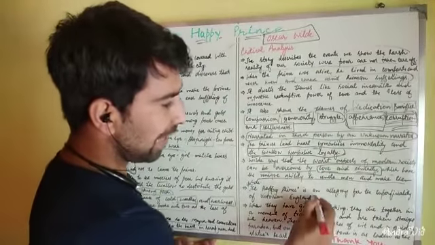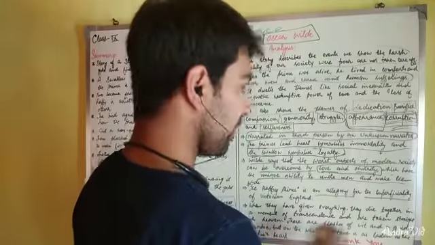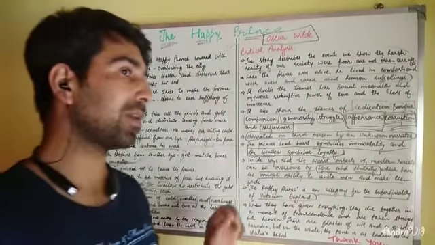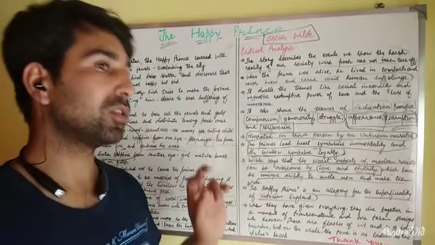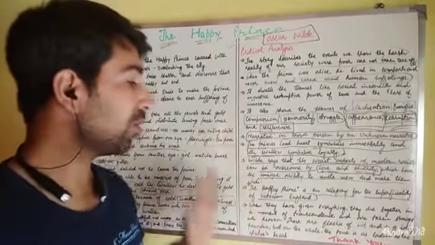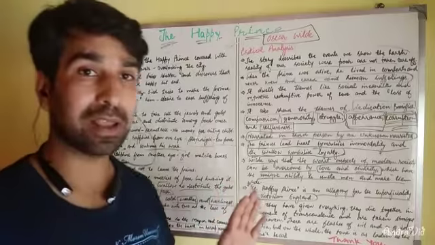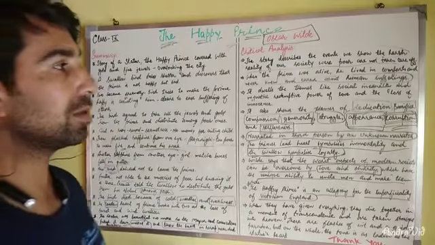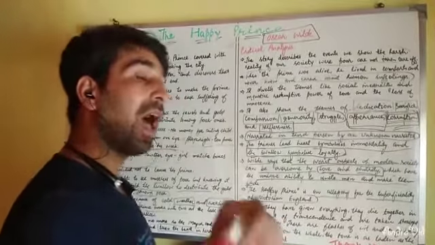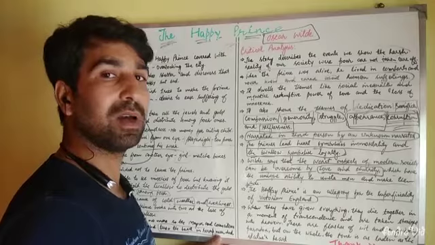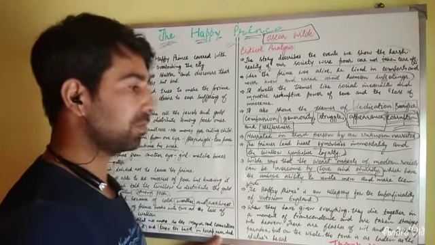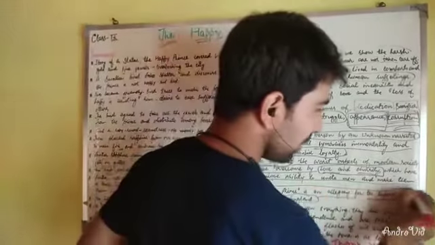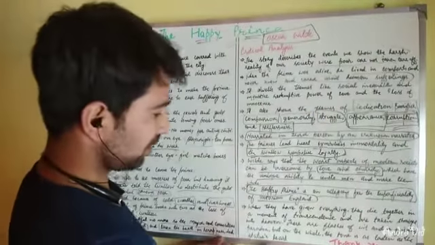So The Happy Prince is an allegory for the superficiality of Victorian England. As I already told you, an allegory is a kind of written piece through which the writer wants to depict the hidden aspects of society, whether moral or political. You'll see here the writer wants to show us how those people who are in power do not take care of the people who are poor. So it presents an allegorical view of not only Victorian England but of modern society as well.